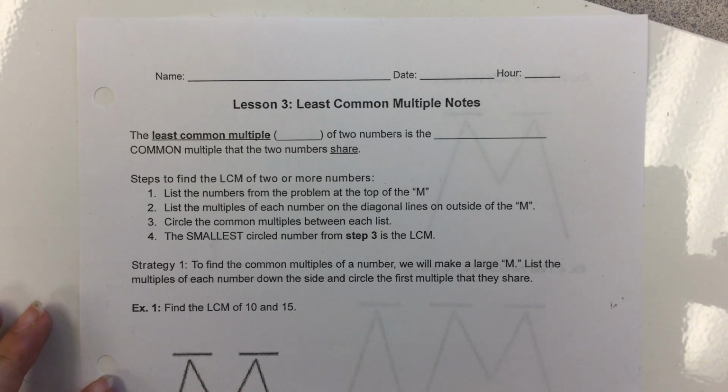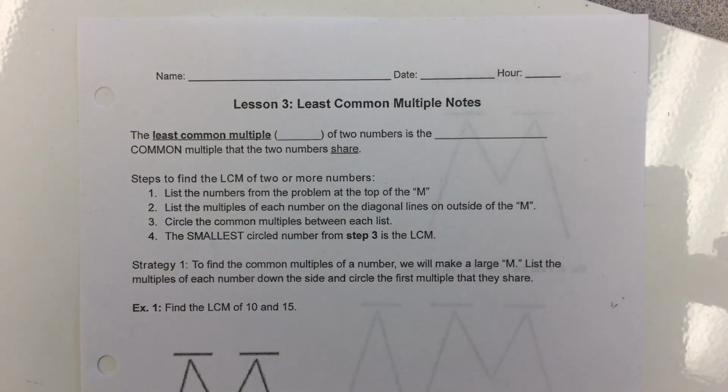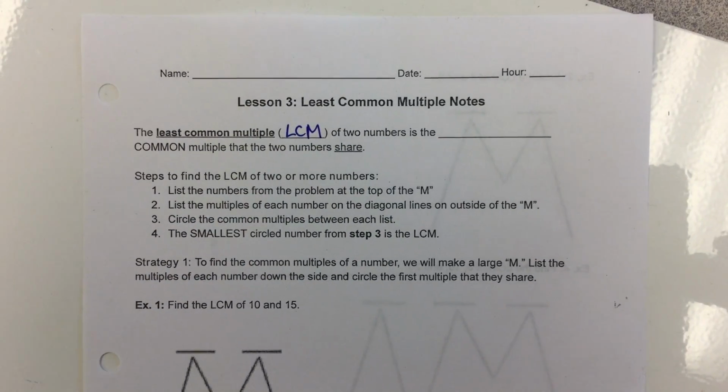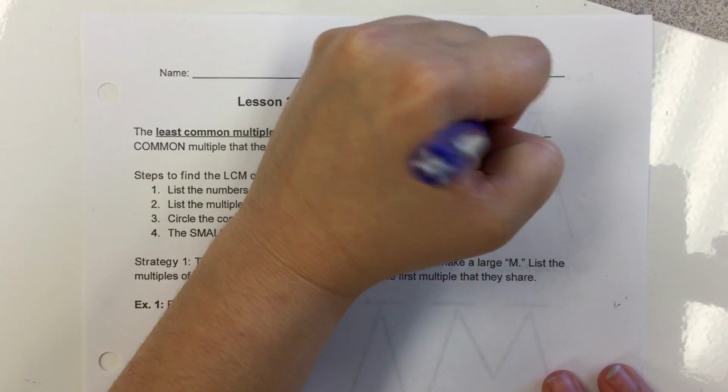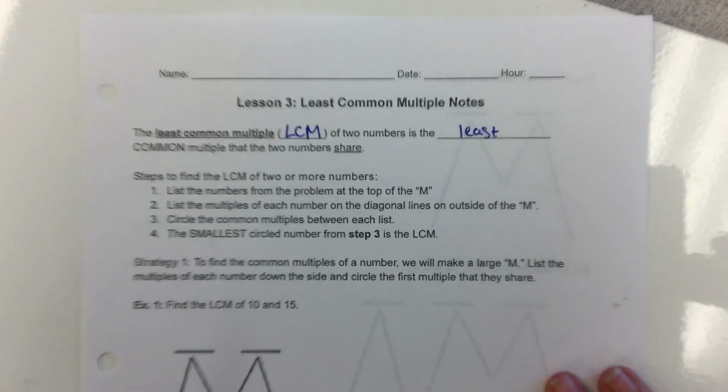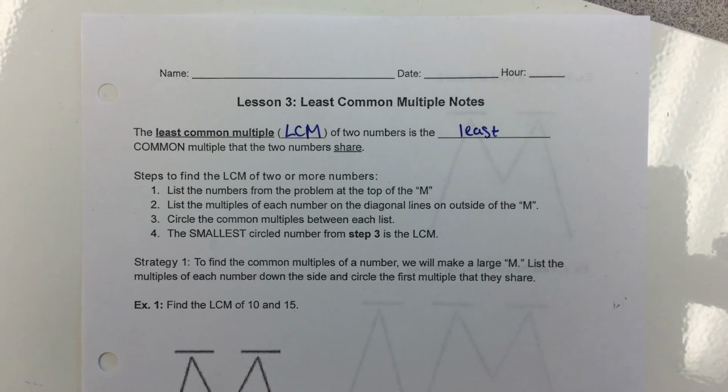Welcome to lesson 3 on least common multiples. The least common multiple, or the LCM, of two numbers is the least common multiple that the two numbers share. Okay, so in order to find our least common multiple,